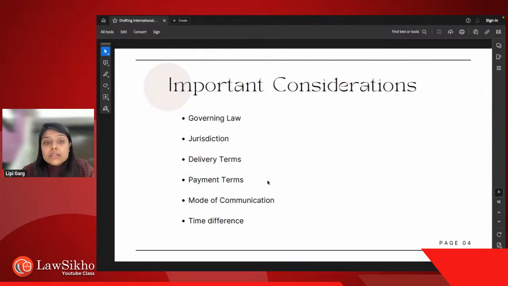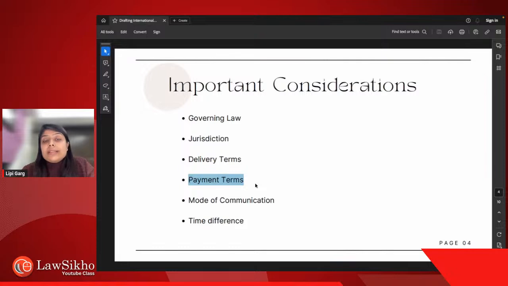Then we come to the payment terms. Payment terms will specify, let's say, in which currency you are going to do the transactions, and which payment method you will be choosing. Let's say you are choosing PayPal, for example. Now PayPal charges you a lot. Who will be bearing that commission, right? So all of these specific terms. It might not matter when you are a small business owner, but it may matter because the amount becomes so huge when the parties are transacting again and again, and the commission that you are paying to these channels is so much that it becomes a point of concern.